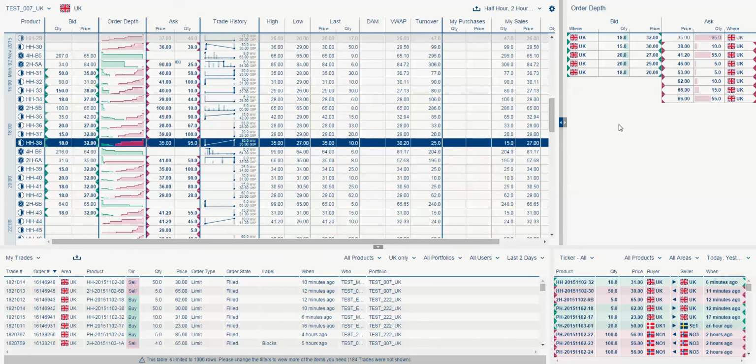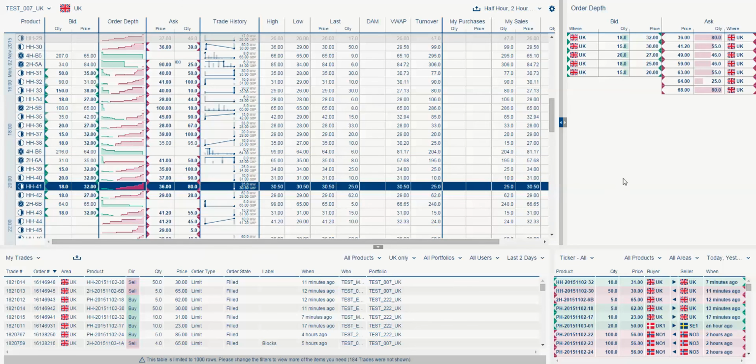What I will just highlight, a point that I maybe forgot to mention before: we've got an order at the top of the market here on the ask side, which in fact isn't our own order. But we see that we've got several of our own orders beneath that. If I just click away for a minute, it's actually this product, half hour 38, on the bid side, and rather than a solid triangular parameter, I've got these striped versions here. That shows me that the order at the top of the market isn't mine, but I've got an order within that order depth,